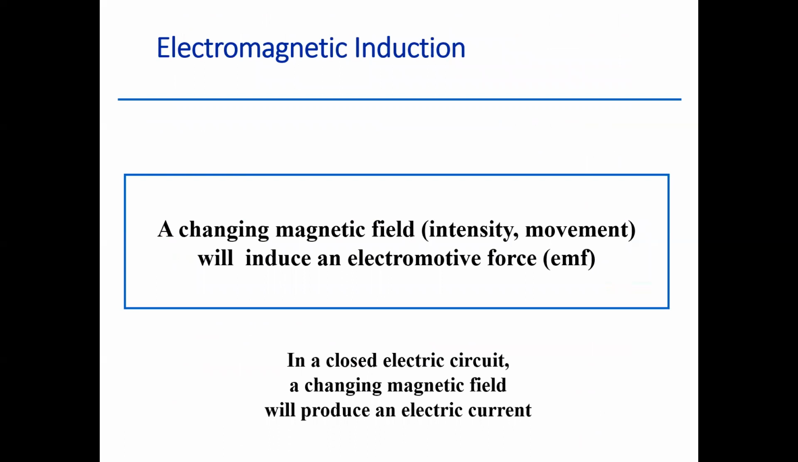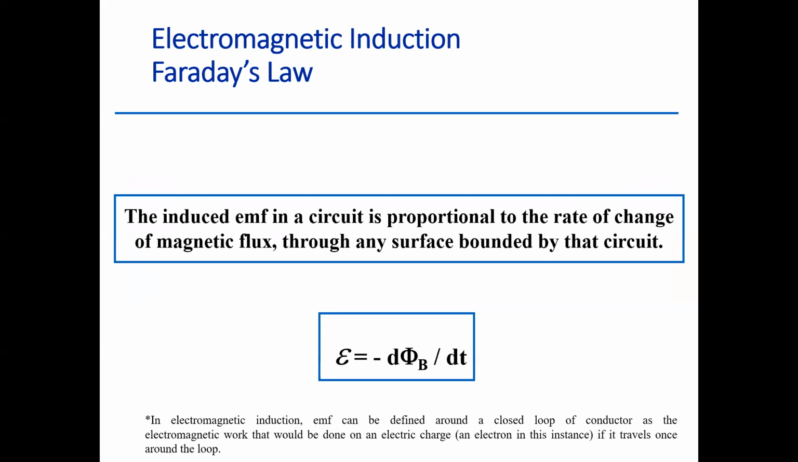Now, to give you an introduction to electromagnetic induction, basically any changing magnetic field, where the change can be in terms of intensity or even movement, any kind of movement, will induce an electromotive force. Now, it's the same as in a closed electric circuit. A changing magnetic field will produce electric current. That is basically the simpler version of Faraday's law,